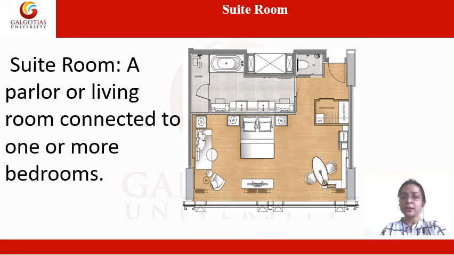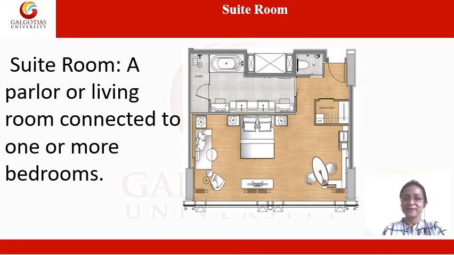Along with that, there is a huge area which is called your vanity unit, and next to that there is a WC area which is being assigned for the WC. So this is the area, and if I talk about the entrance area, then this particular area is called the entrance area of this particular suite room. So this is how a suite room looks like in a five-star hotel. So let's see what next is there in our list to understand about the room layout.